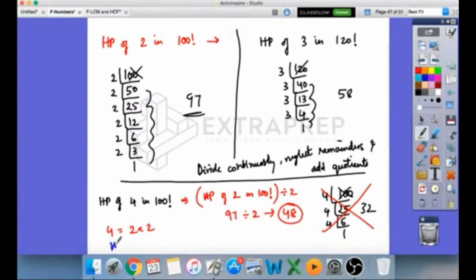So I hope you understood now. If I ask you to find the highest power of 8, what do you do? We will find the highest power of 2 and we'll have to divide by 3 because 3 2's combine to form an 8. For example, if I have 6 2's with me, how many 8's can be formed? 2 8's can be formed. If I have 10 2's with me, divide by 3, you have 3 complete 8's. Okay, that's how. So 8 is 2 cube. So when you wanna find the highest power of 8, you will have to find the highest power of 2 and divide it by 3.